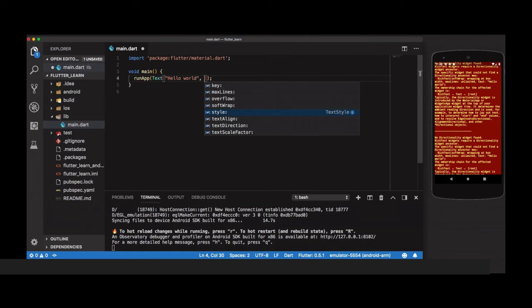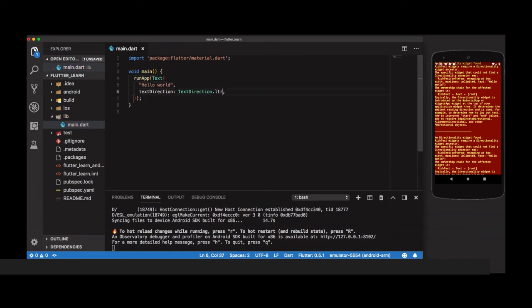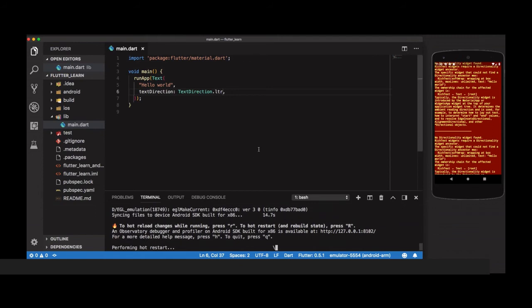For this we will use a textDirection parameter and give it TextDirection.ltr, left to right. Now let's run the project.